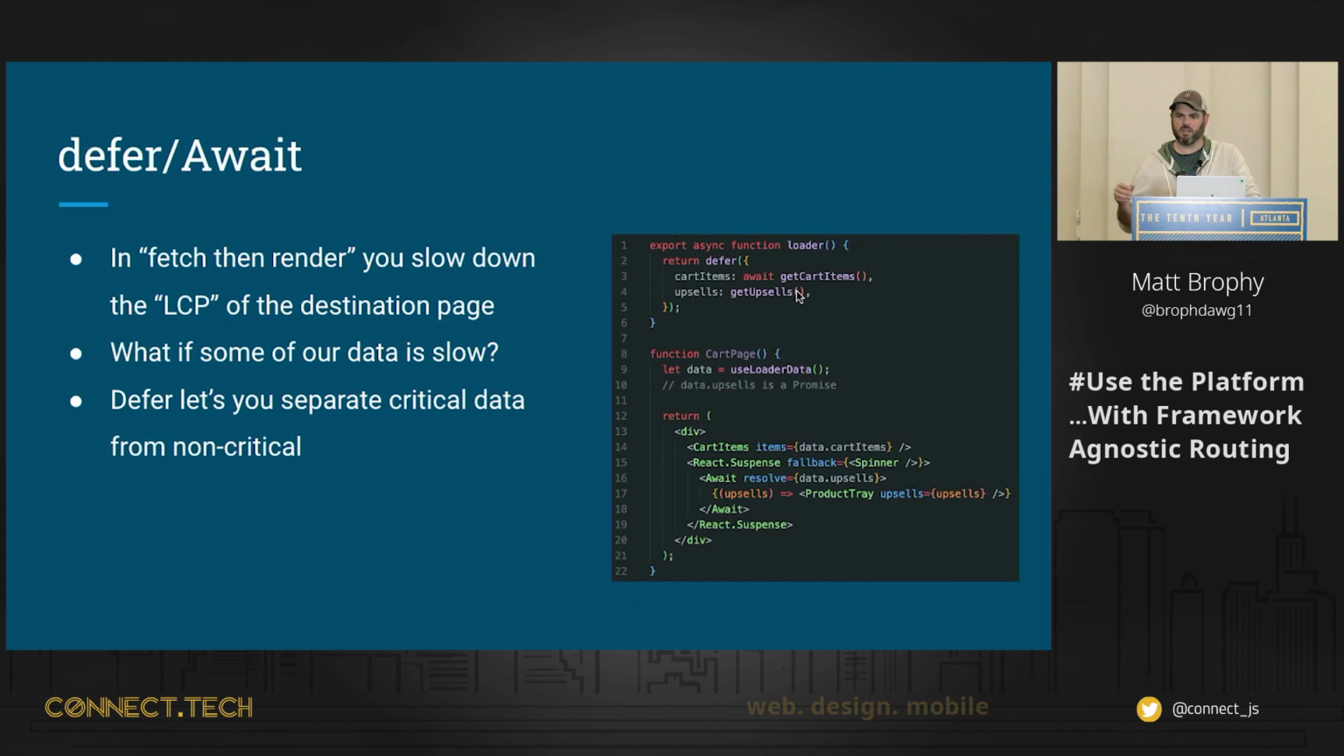Upsells might come from a slow API. It might be third party. It might be running some machine learning stuff to figure out what's related to your cart. So if we use this defer function here and we wrap our JSON object returned from our loader in defer,